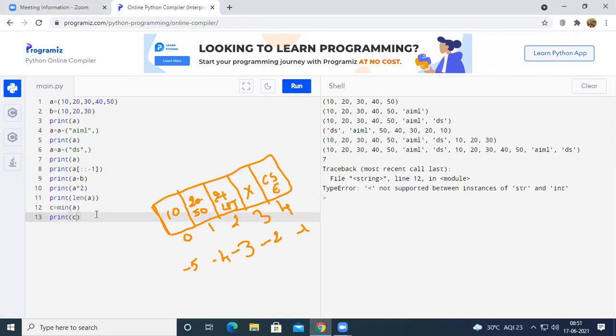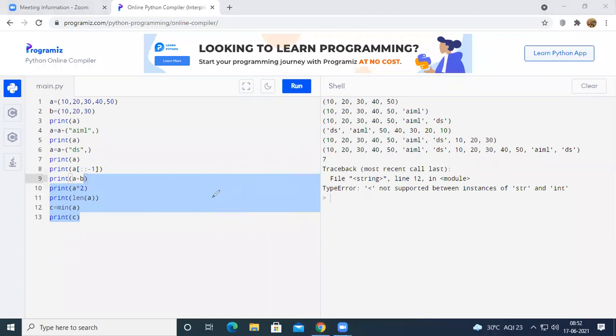So I will let you know about these three functions: minimum, maximum, and comparison. So these are the different operations that can be used on tuples. And after that, we are going to concentrate on the dictionary.